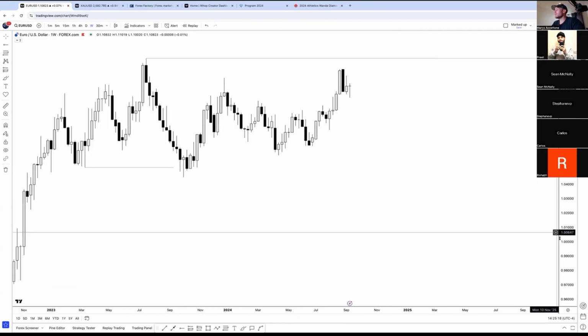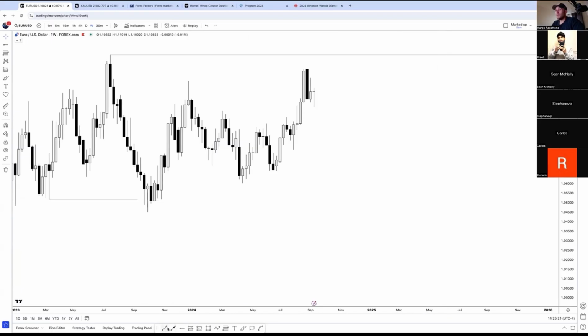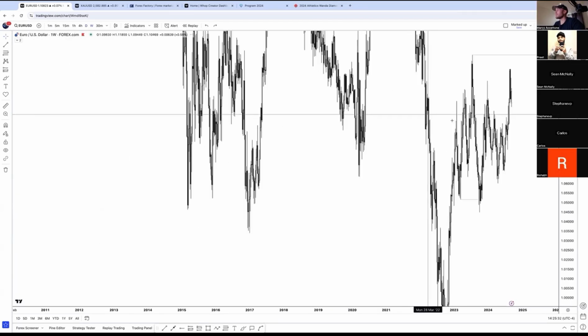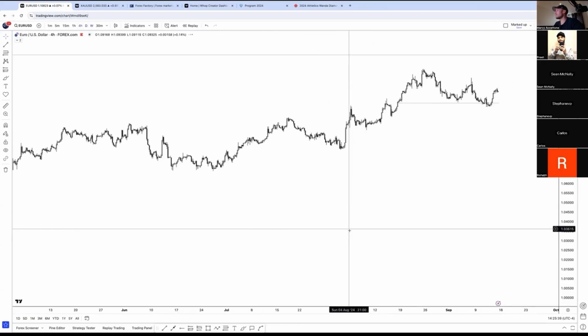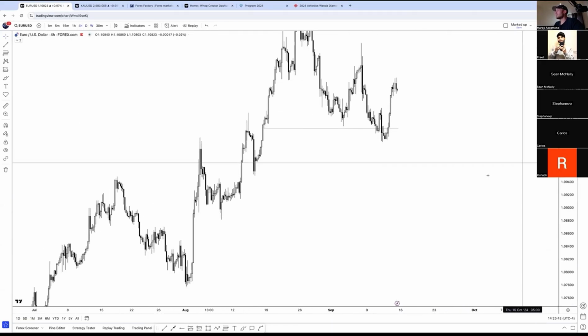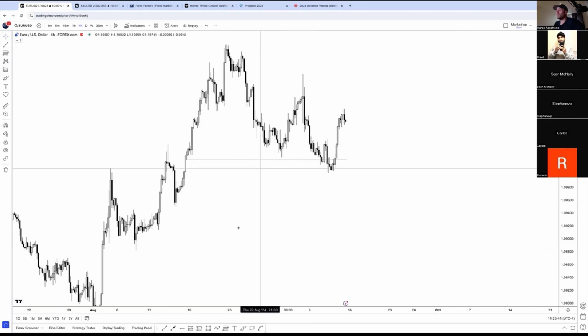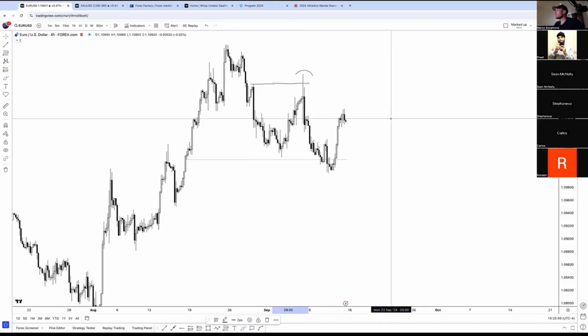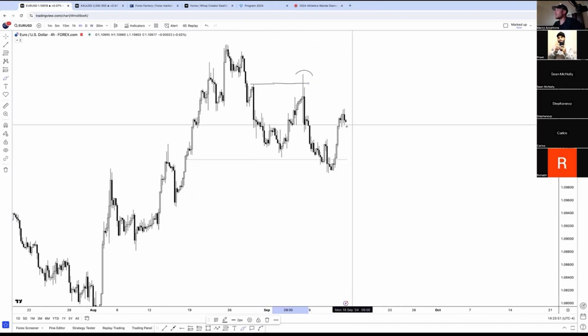Just by looking at the weekly, what can I see here? I can see that we've now tapped into this weekly imbalance, okay? Taking out previous weekly low. Now, this definitely could be, let me make sure the other lines are visible, this definitely could be the bullish move to the upside, right? But don't just jump the gun and say that. We know that this whole area now is basically a liquidity block. So we can anticipate some sort of false reactions, right?